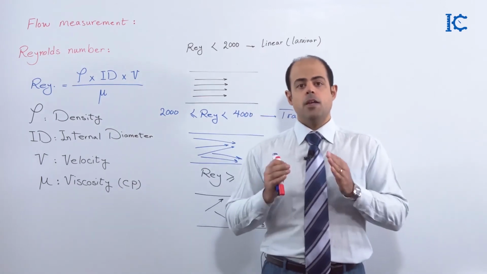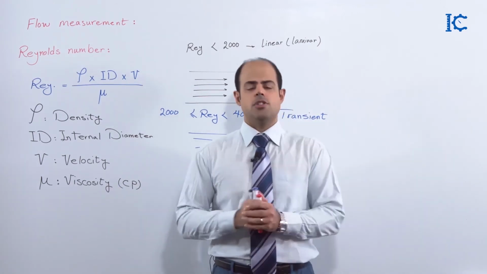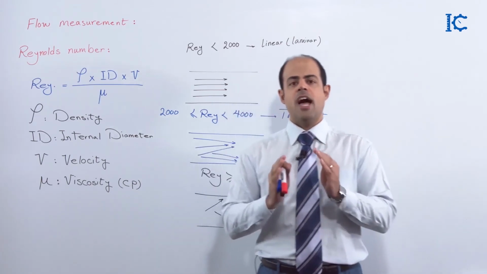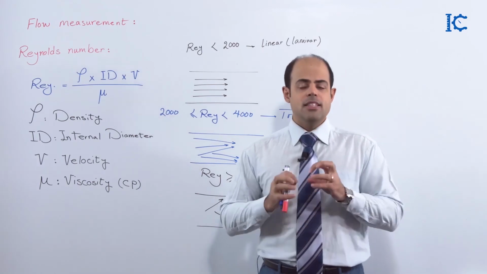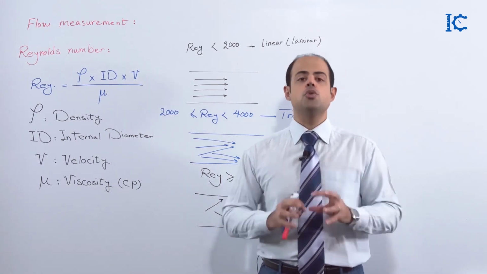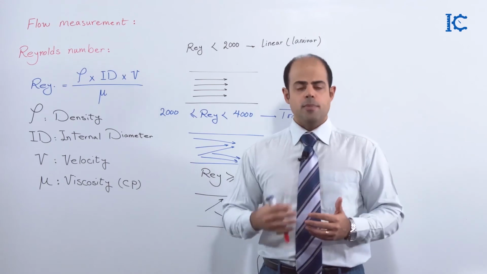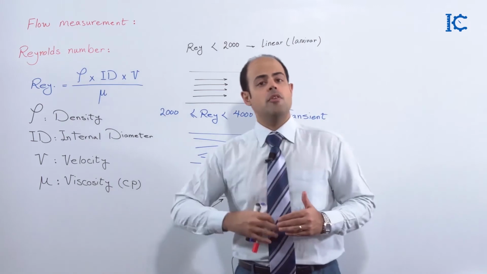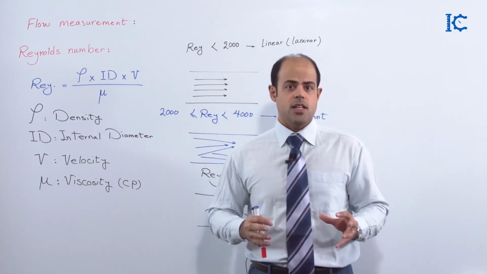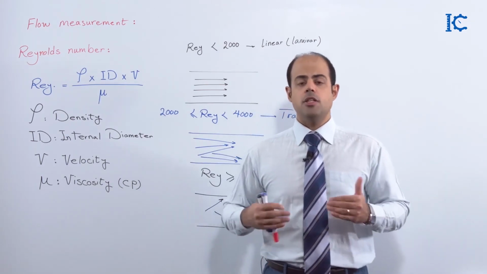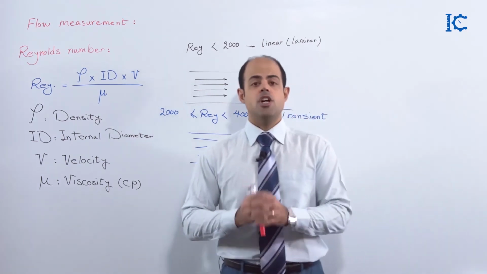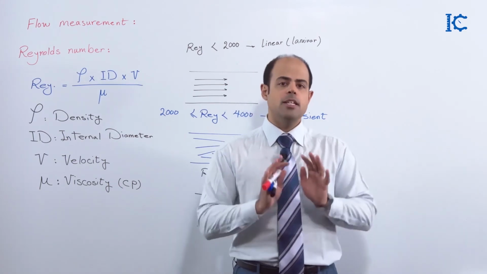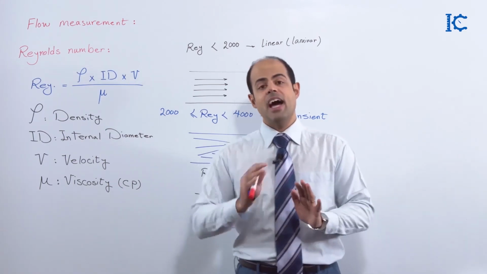You cannot imagine this up to now, since I'm only starting to tell you about the related items for the instruments. But keep my words in your mind: when we want to select an instrument for our application, we have to think about the Reynolds number carefully, because some of our devices are sensitive to changes in the Reynolds number. It means that if we have a turbulent fluid, we must let it be quiet or calm, and after that